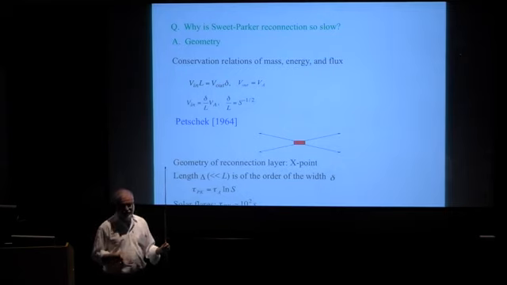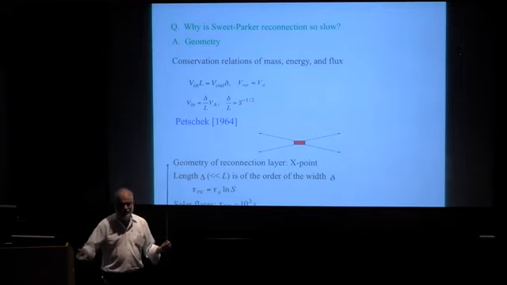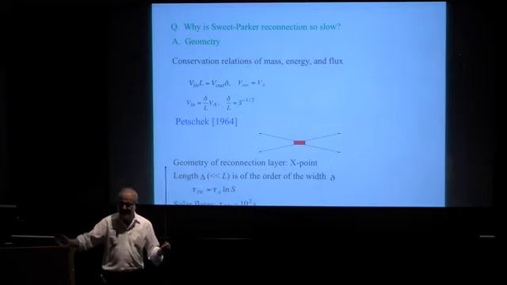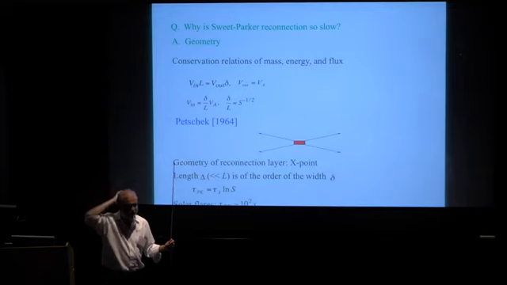Remember, if you run a simulation with a Lundquist number of 100, there isn't a whole lot of difference between S to the half and log S. They're comparable, or 1,000. When do you begin to separate out diffusion from reconnection? It is when you go to S sufficiently high. That means your code must be resolving something of the order of 10 to the power 5, 10 to the power 6, at least, before you begin to see a clear separation between diffusion and reconnection.